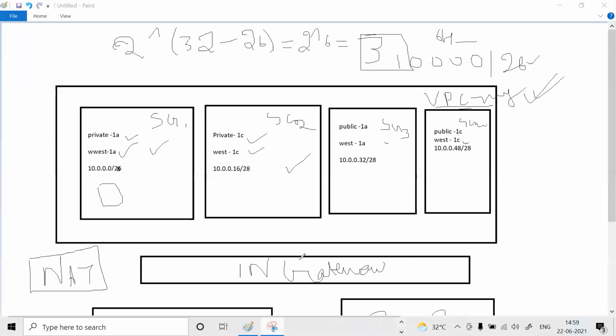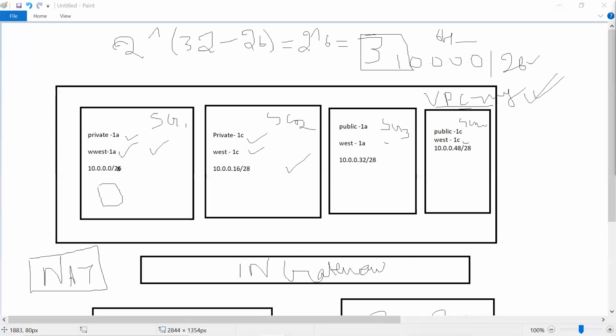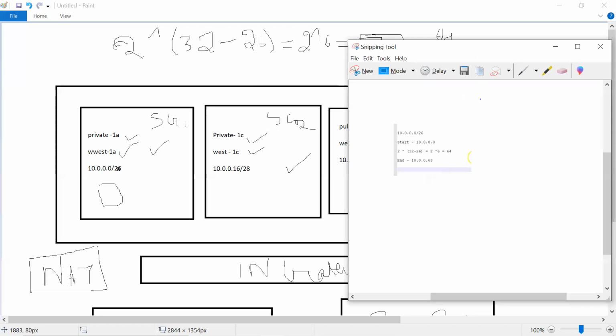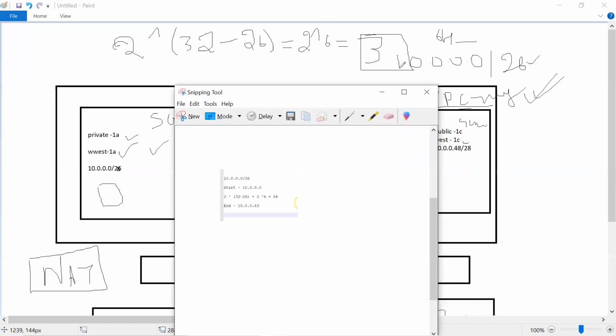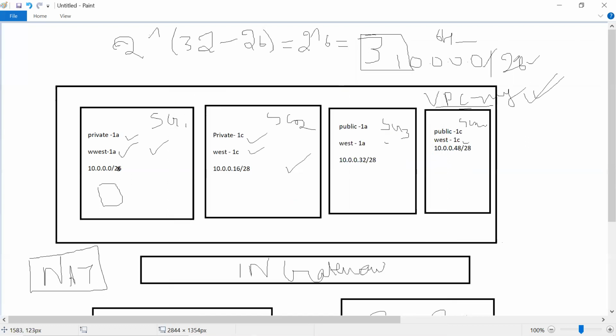Okay, guys. Sorry about the delay. Hope I'm on mute. So I was speaking about why we took 26 while creating the VPC. We took 10.0.0.0 slash 26, and this calculation goes like 32 minus 26 will give you, is it 8, 6 or 4?